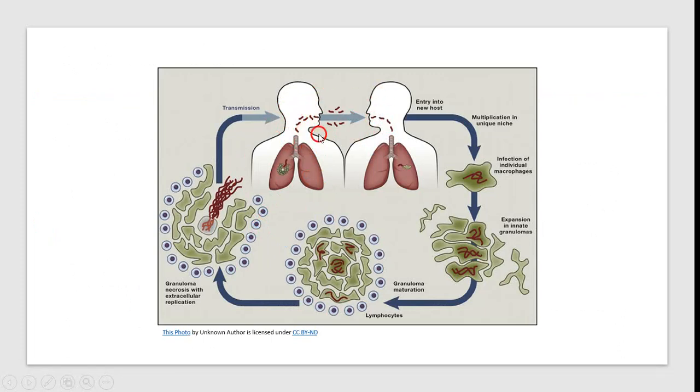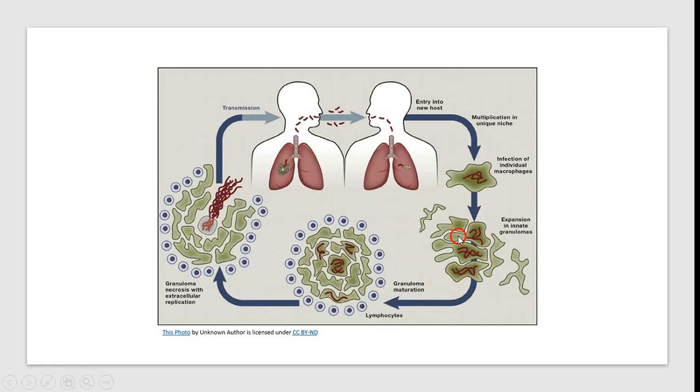So transmission, of course, is from respiratory droplets. And so once you get that bacterium into the alveoli of the lungs, then it gets into the macrophages. Even though it's in the macrophages, remember the bacterium inhibits that macrophage from carrying out its normal process of ingesting the bacteria, fusing that phagolysosome with the lysosome, and then having those enzymes actually kill the bacteria. It prevents that normal process, but instead you can see here that the bacterium is staying inside those macrophages